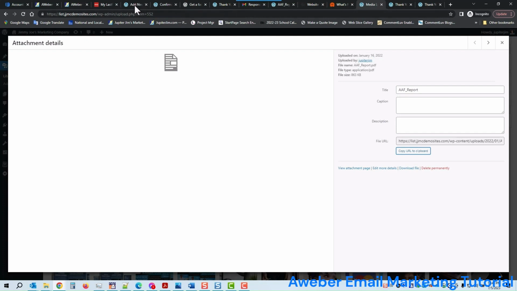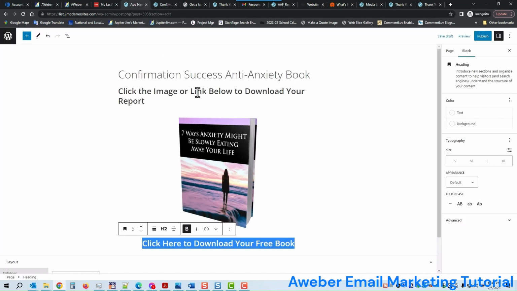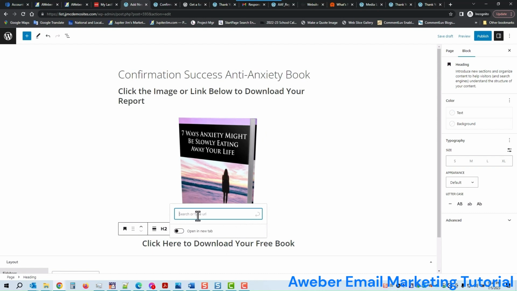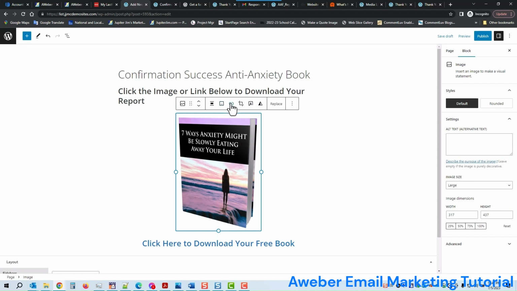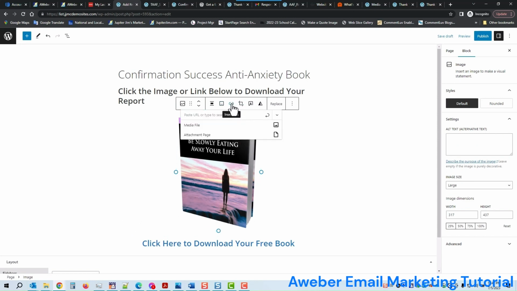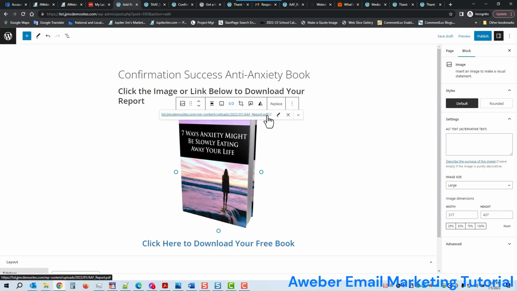We're going to go back to the confirmation success page or the download page. We've already got that clicked. So for the URL, Control V, I'm going to paste in the URL that points to that free report. Okay, so easy once you know how. Then I'm going to do the same thing with the image. We're going to make it clickable. We're going to click link, and we're just going to paste it in. Control V. Hit the apply button, and